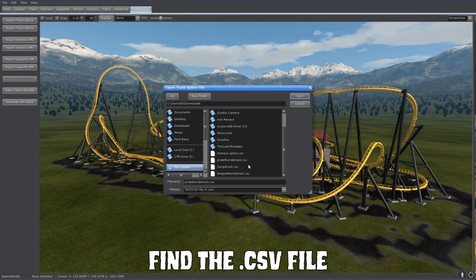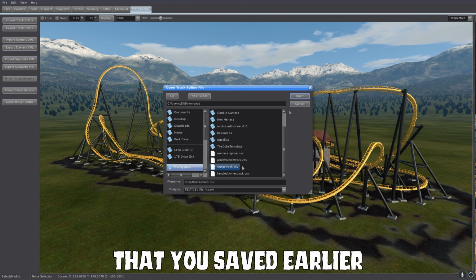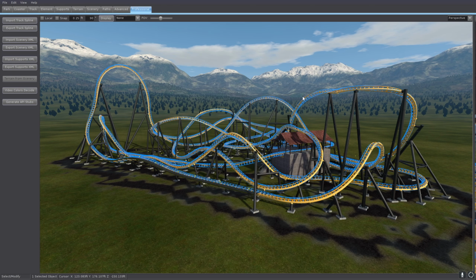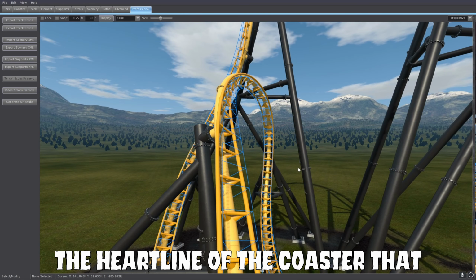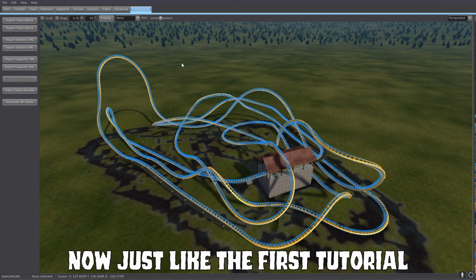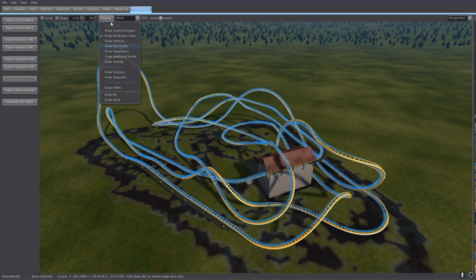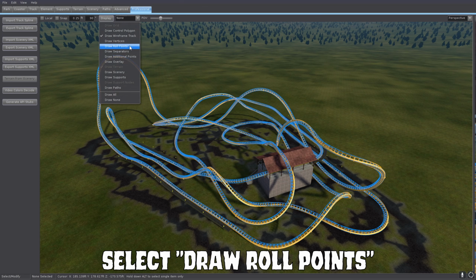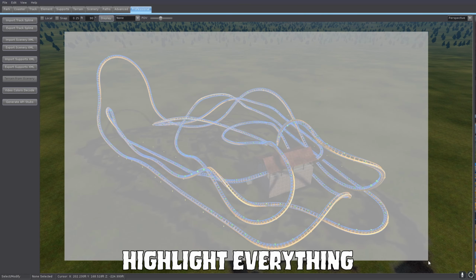Now, find the CSV file that you saved earlier. Click on Open. Now you should notice that the heartline of the coaster that you just imported is slightly offset to the original. Now, just like the first tutorial, you want to go to Display, select Draw Roll Points, highlight everything, and